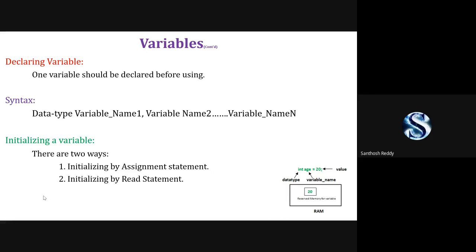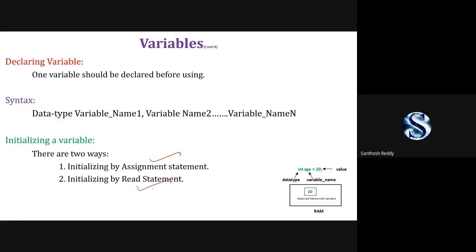Now, once you have declared it, we have to initialize that variable. Initialize means we have to store a value into that particular variable. How do we store it? There are two ways to store values into a variable. One is with the assignment operator, another one is the read statement.